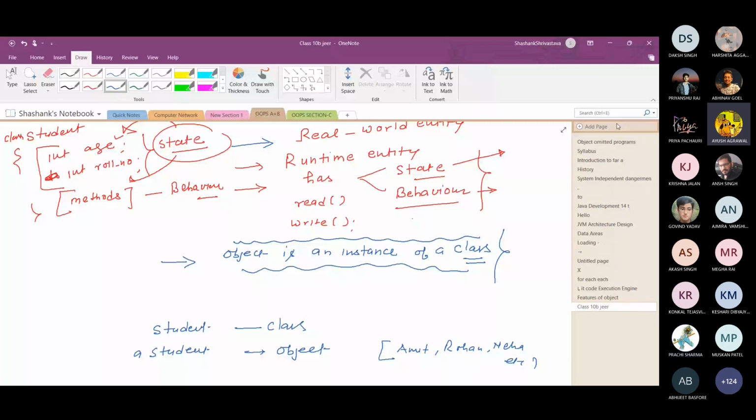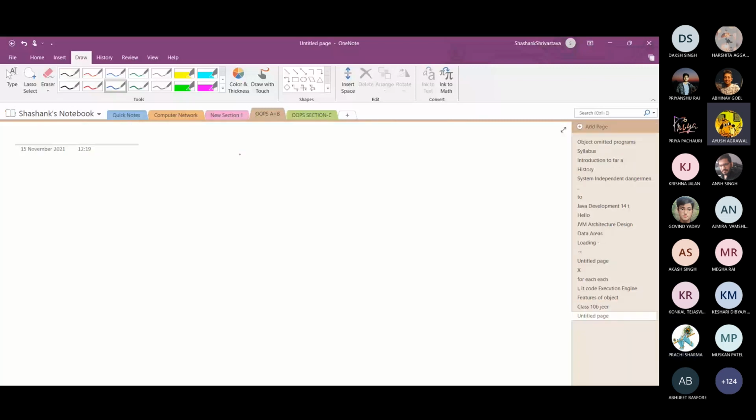How will we write the class? So in order to define the class, how the class is written, what is the syntax of writing a class in the program?